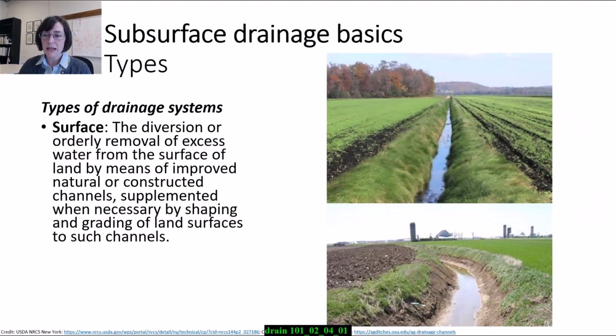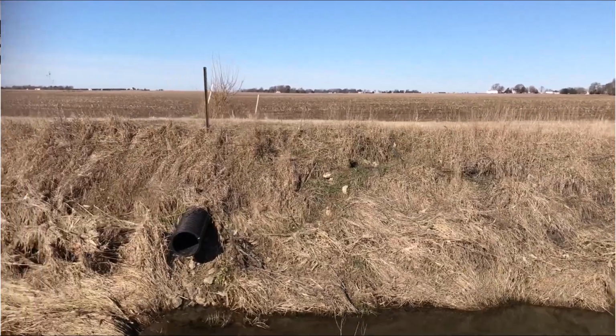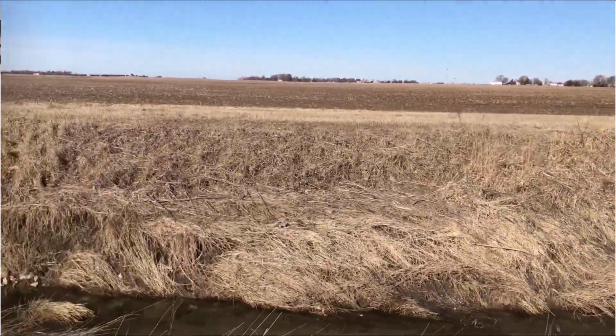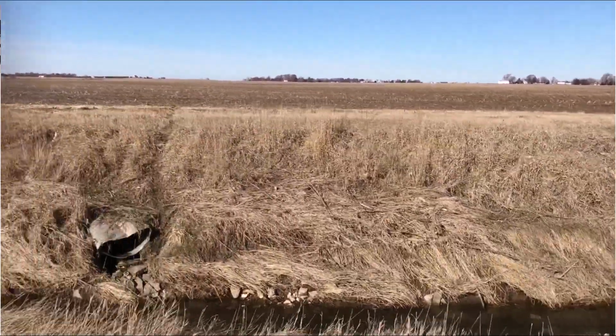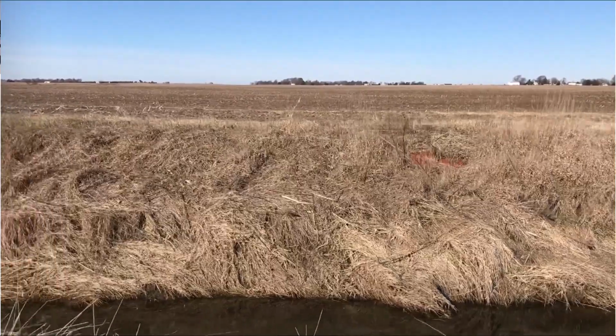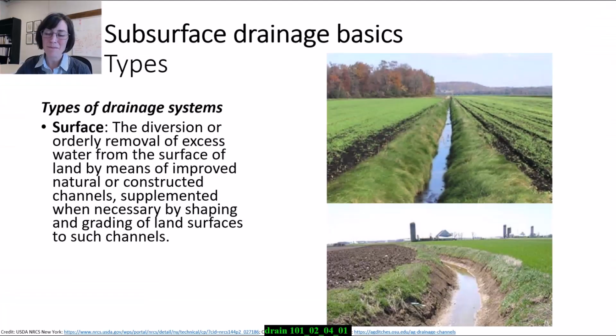It's usually pretty easy to pick out a ditch from a stream because drainage ditches tend to be straight, streams tend to not be straight, and farmers or drainage districts usually maintain ditches by cleaning the sides, so you might see some scraped ditches with no vegetation, and that's not great for erosion, but drainage districts are charged with maintaining the drainage capacity, and so they try to keep those channels orderly.